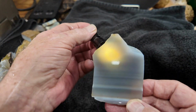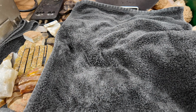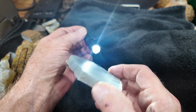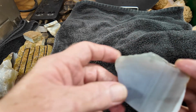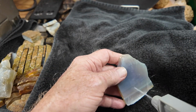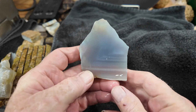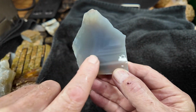I'll figure out something to make out of them. I think I'll make cabs out of this one. This one I think I could cut up fairly easy. And some of these look better than the others. This one, there's a square corner, squared off corner in the,